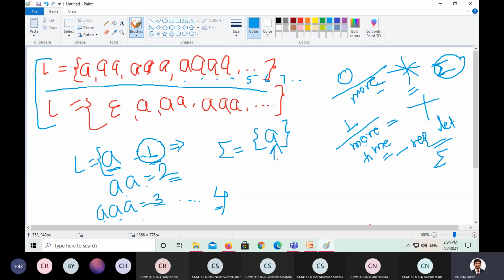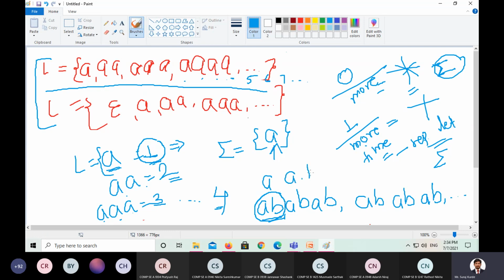So one alphabet, whatever is the input. Now that input may be a single alphabet or it may be a combination of alphabets. Let's say AB, AB. This example was given yesterday. AB, AB, AB, and so on. Now here is a combination, A followed by B. How do we read it? A followed by B. A के बाद B आता है. A dot B, or simply if I write AB, then it means A is followed by B.